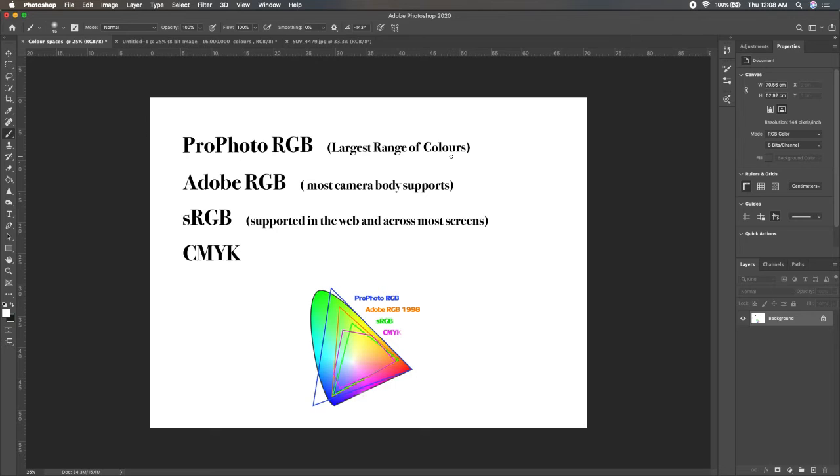Now, ProPhoto RGB, what does this do? When you click a photo and the raw photo has a variety of colors in ProPhoto RGB, all those colors which you have right now, you can easily edit them, change the saturation, the hues, color grade them, and when you have such a huge range of colors, the colors won't clip. That is the pro of ProPhoto RGB.